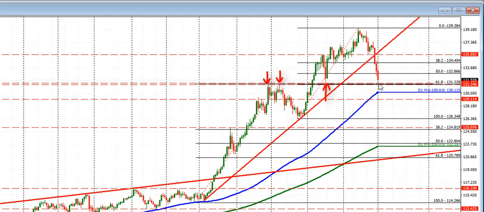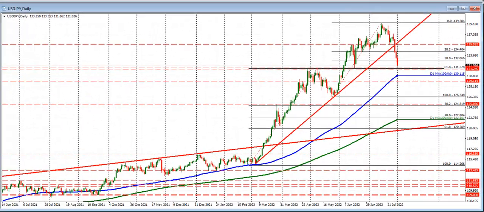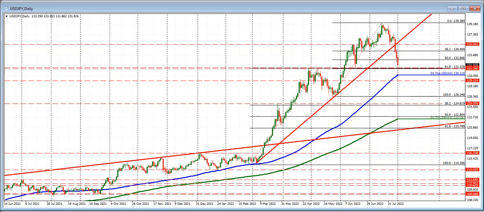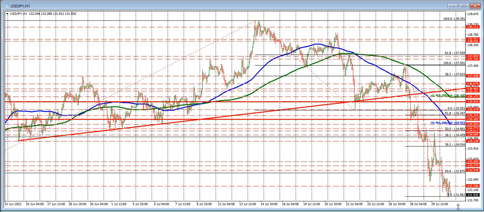So key level on the downside. The low price today reached 131.86, so we're still a bit of 50 pips or so away from that. But going forward this week, that would be a key target on the downside for the dollar versus yen if we continue to move in that direction. And what would hurt the move,